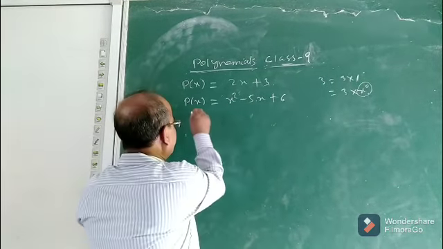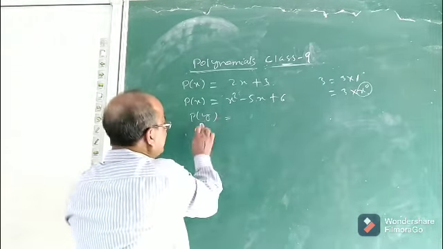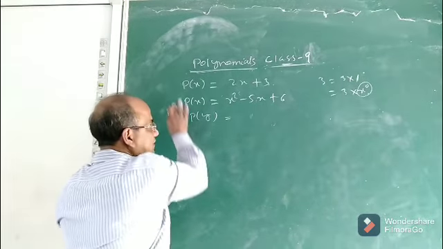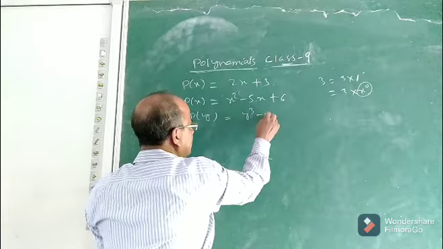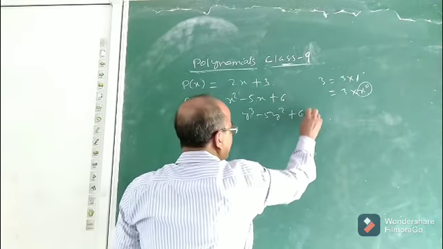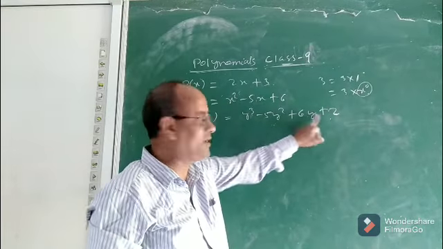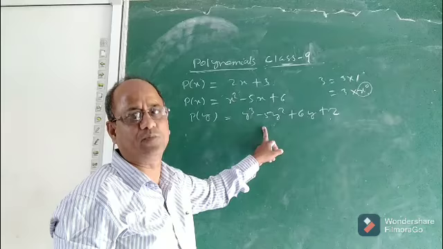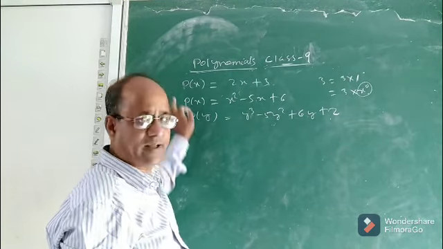If degree 3, you see, suppose p of y, a polynomial in variable y, it is a symbol. These are only symbols. It was not there in class 8, but now we will discuss the symbol. You see, p of y equal to y cube minus 5y square plus 6y plus 2. This is a third degree polynomial. Here the highest power of y is 3. So it is a third degree polynomial known as a cubic polynomial. So we can consider a polynomial in any variable.